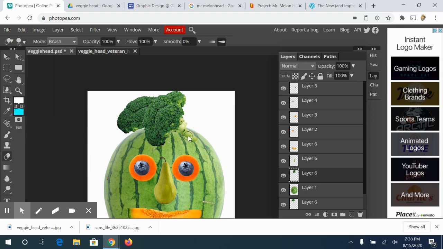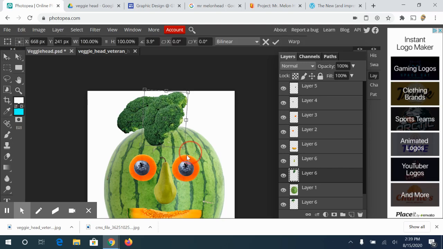Another option is to use the bracket keys. The bracket keys are on the keyboard located next to the letter P. The left bracket will make your brush smaller, and the right bracket will make your brush larger. I prefer using the bracket keys because it's an easy shortcut. All right, so that was just something I wanted to throw in there. Now I can adjust my